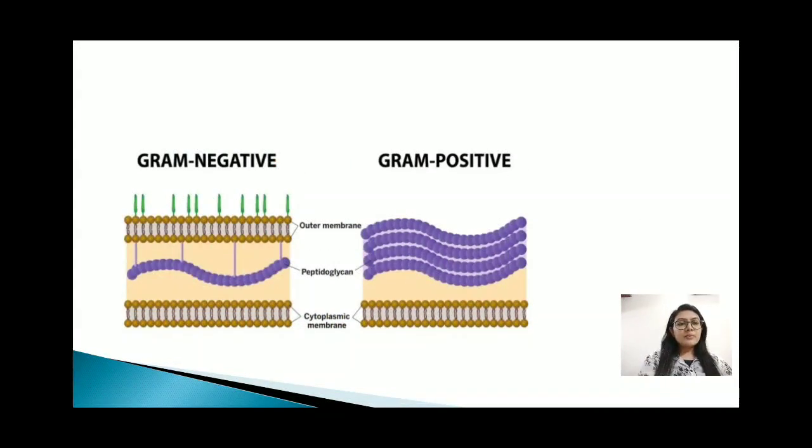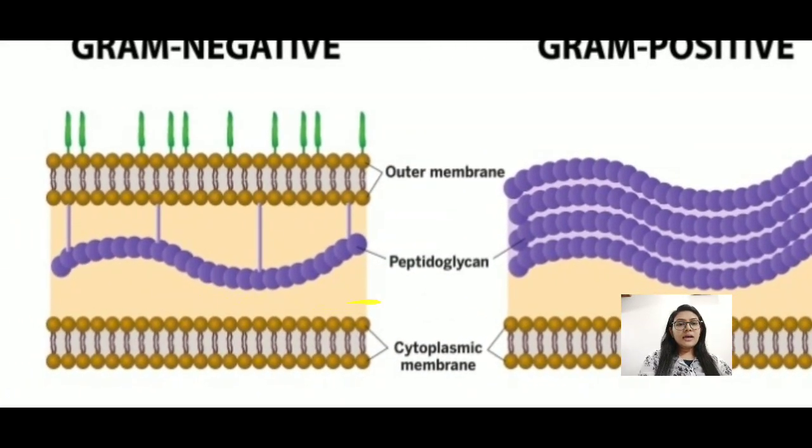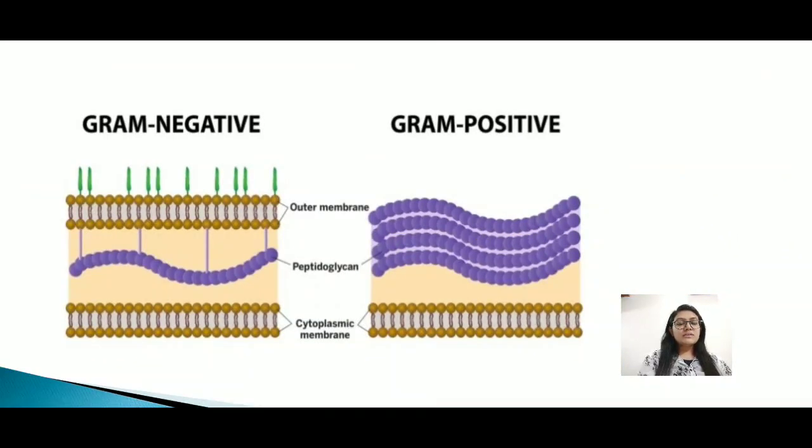In gram positive bacteria, there is a thick layer of peptidoglycan. On the other hand, gram negative have a thin layer of peptidoglycan which is surrounded by outer membrane lipoprotein. When we decolorize the smear, it damages the outer membrane lipoprotein. So, diiodine complex is not retained within the cell.